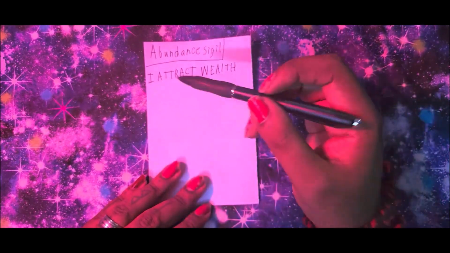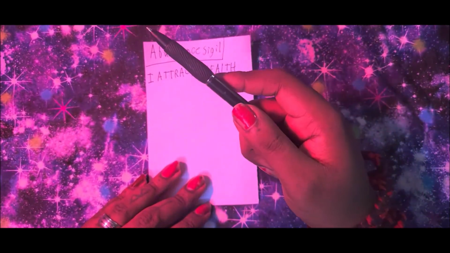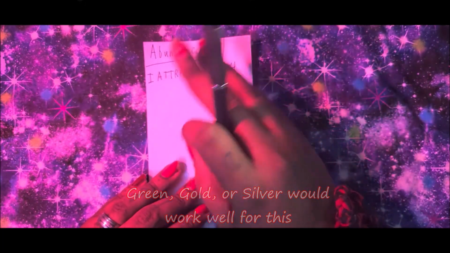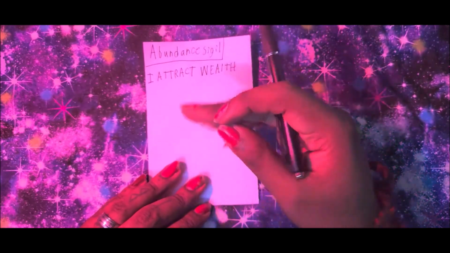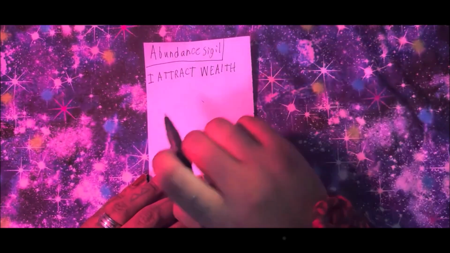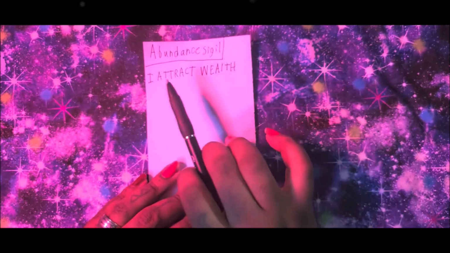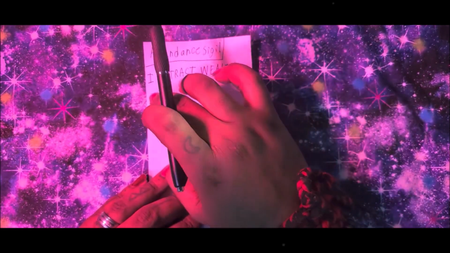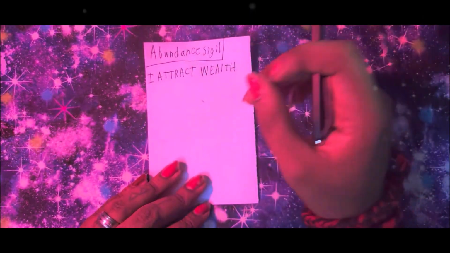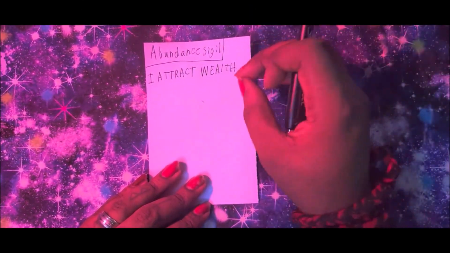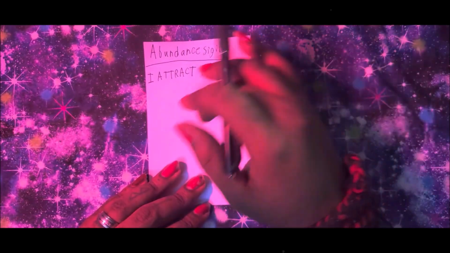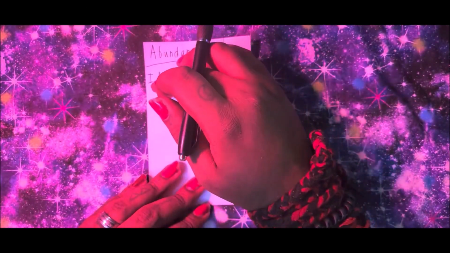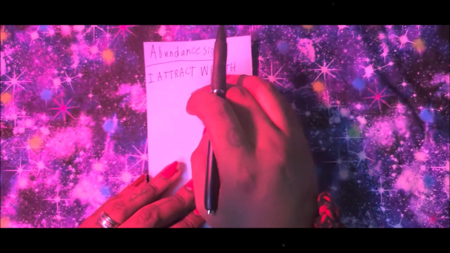What we're starting off with, also if you would like to, you can add color magic. I'm just going to be using a black pen just so you can see it, but if you would like to use a certain color for your sigils, that'll just amplify it further. So the first thing you want to do is find a basic phrase that you want to do. This phrase should start with I, because this is for you. If you're doing it for something else, it still should be I, because whoever's using the sigil, it would be I for. So once you have your I statements, then the next thing you want to do is add your